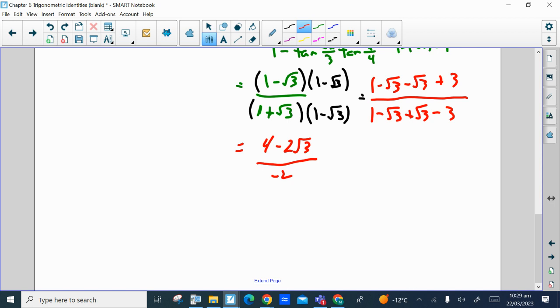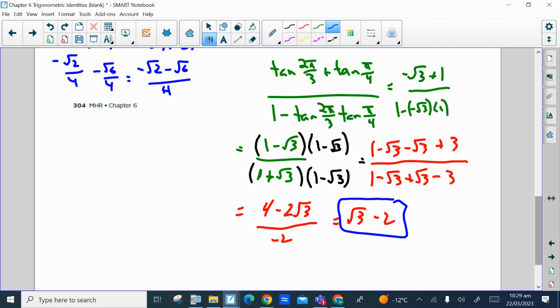The root 3's cancel on the bottom, so you're left with 1 minus 3. And again, I will divide everything by negative 2, which will make this minus 2 root 3. When I divide it by negative 2, it'll be positive root 3, and the 4 divided by negative 2 is minus 2. So there's our answer. That is the exact value for the tangent of 11 pi on 12,